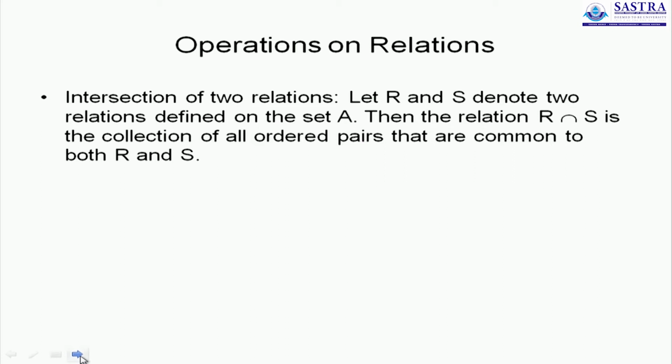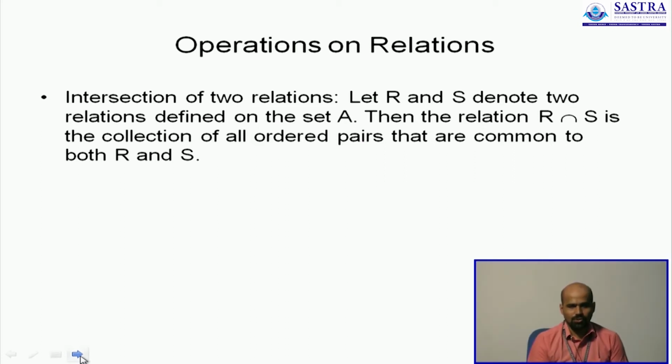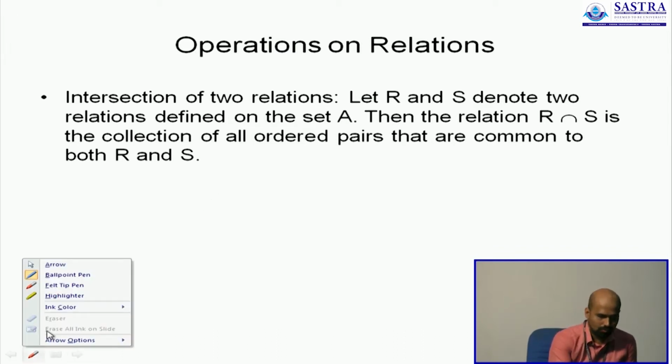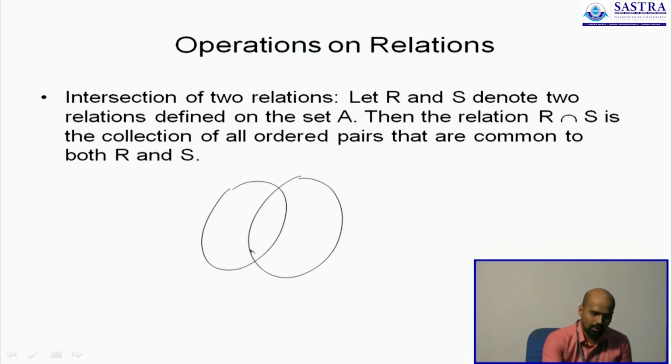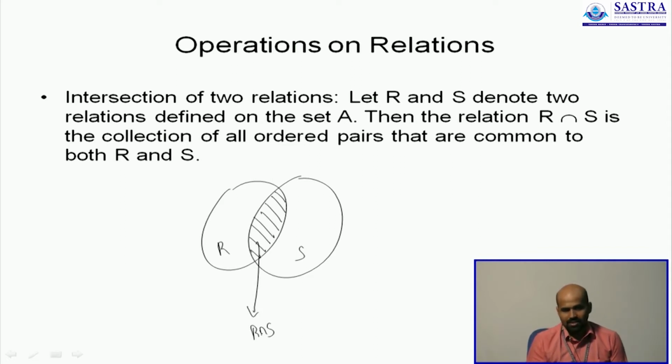Similarly, we can also try and find the intersection of two relations. Just like how you find intersection of two sets, intersection of two relations is also another simple idea. So when you have one set, say R, and another set S, then the intersection will represent all elements that are common to both sets. You know that. We do the same thing here. Then this represents R intersection S. Since all relations are basically sets, we can extend the same concept to this too.